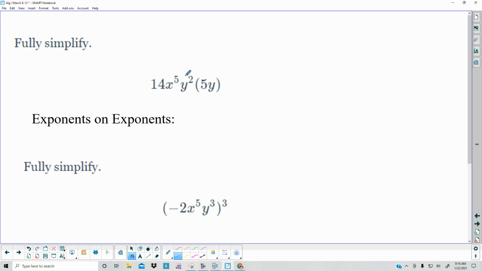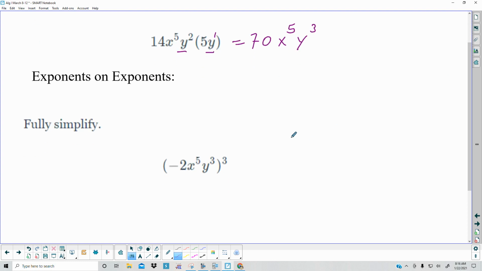Okay. So 14 times 5 is 70. There are no x's in this parenthesis, so I keep it x to the 5th. Then I have y squared times y to the 1st. You're multiplying, so add your exponents. There you go. Okay. Now remember, when you had exponents on exponents,